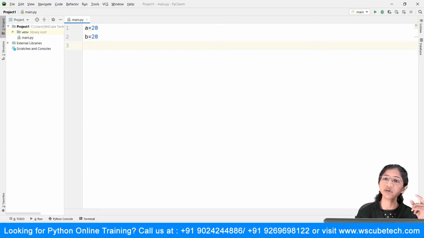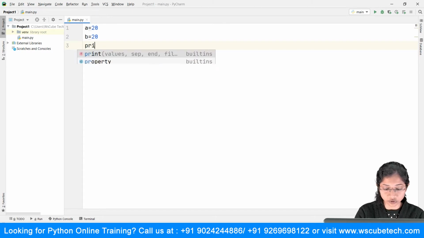This a will be stored at some memory address, say 2024 or something like that, and b will be stored at some memory address. I want to know whether the memory addresses of both are the same or different. For that purpose, we make use of "is" and "is not".